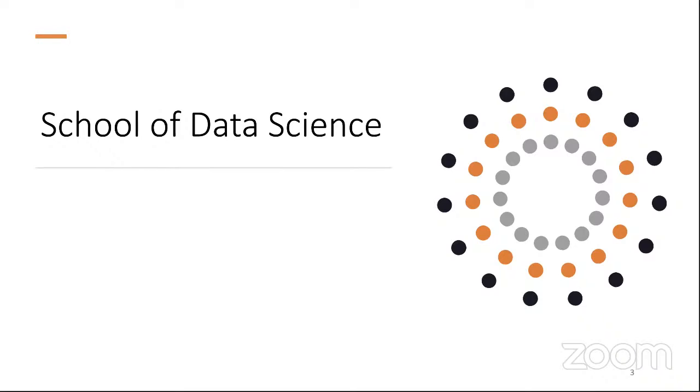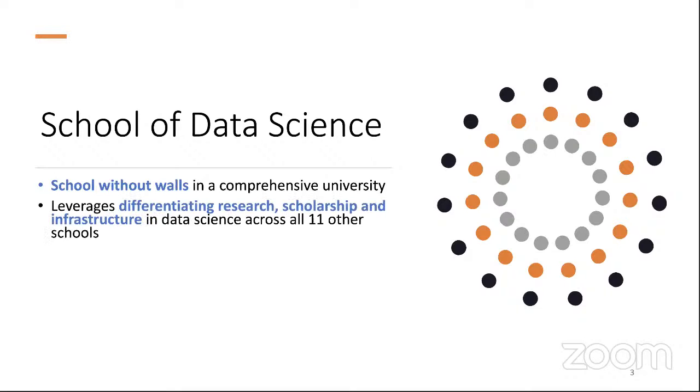I'm going to start with telling you a little bit about the School of Data Science at the University of Virginia, because that gives a background of what we're going to be talking about. We call it a school without walls and a comprehensive university. And by that, we mean that we reach out. We're not like a lot of data science programs that come out of a single department, for instance, a statistics or computer science department, nor are we one that comes out of the joining of two departments or within a single school. We are, in fact, a school that exists on its own, and it reaches out to all schools at the university. And we have another 11 schools at UVA that we reach out to.